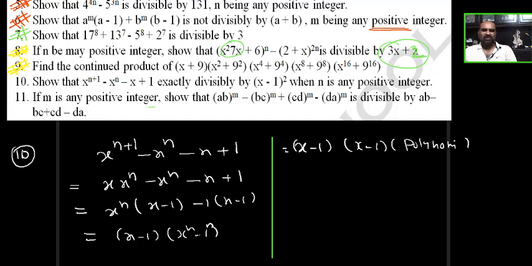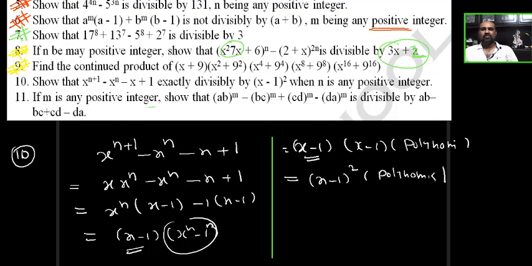I hope you understood, no? x^n - a^n, a^n - b^n is divisible by a - b, a - b into some polynomial. If a and b are integers, I can say a - b into some integer. So for variables, I can say a - b into some polynomial, or x - b into some polynomial. This is the same as this, just instead of this, I wrote this. So x - 1 into x - 1, (x - 1)^2 into some polynomial. I hope you understood me.